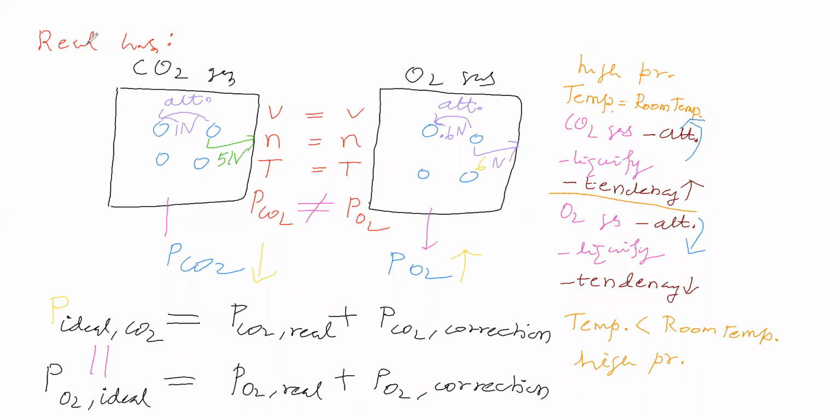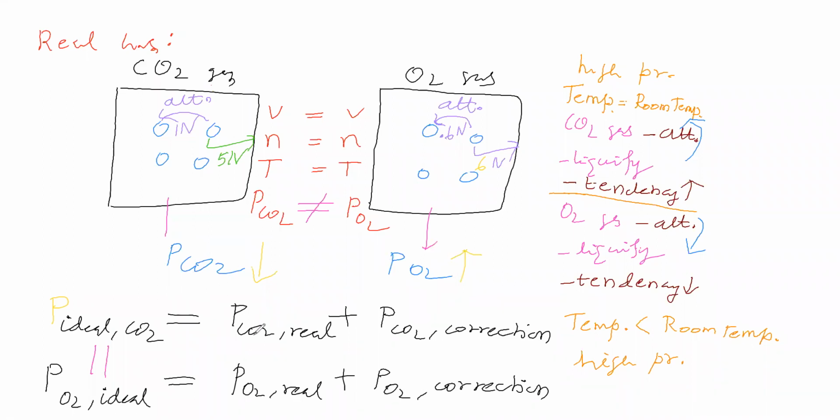Practically, carbon dioxide gas is a real gas and oxygen gas is a real gas. In carbon dioxide gas, attraction between molecules is possible. In oxygen gas, attraction between molecules is possible. Among carbon dioxide gas molecules, the attraction magnitude is high. Among oxygen gas molecules, the attraction magnitude is low. Therefore, carbon dioxide molecules make collision on the wall of the vessel with less force, and oxygen molecules make collision on the wall of the vessel with higher force, so the pressure exerted by carbon dioxide is low practically, and the pressure exerted by oxygen gas is high practically.